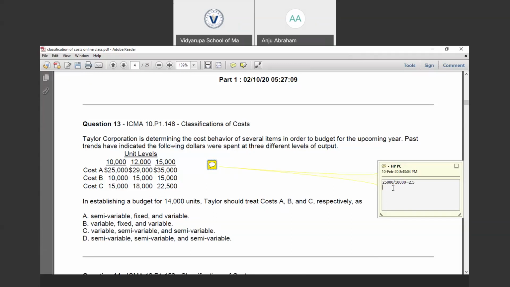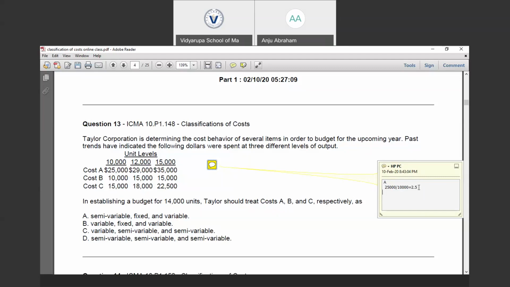Right. Then this is for cost A. 25,000, 2.5. Let's take 29,000.